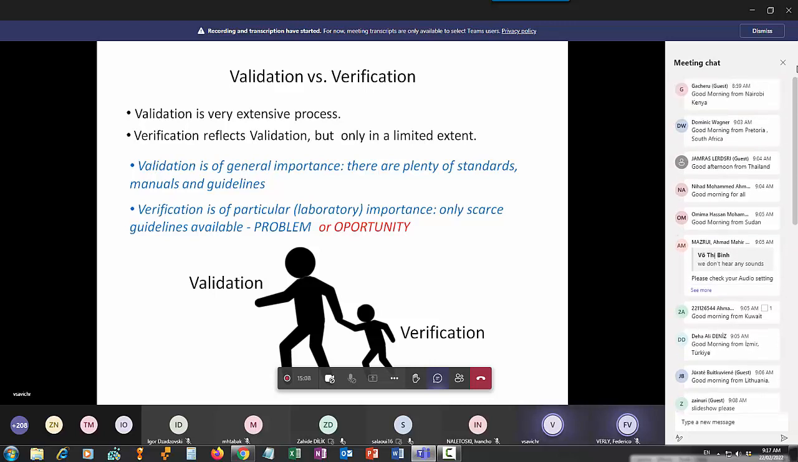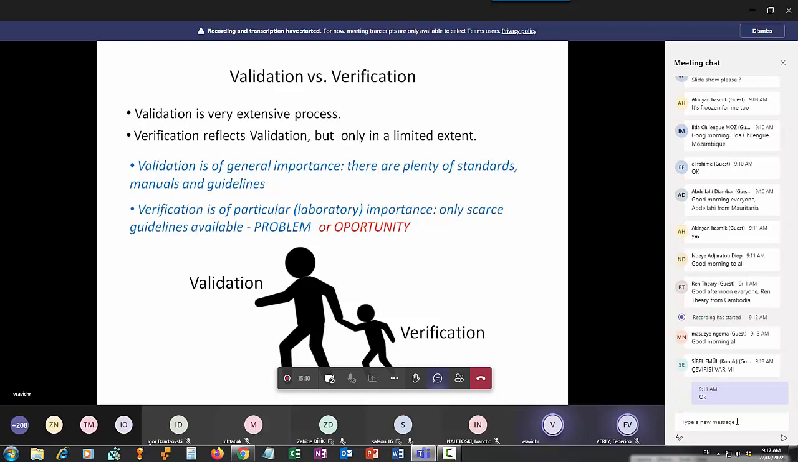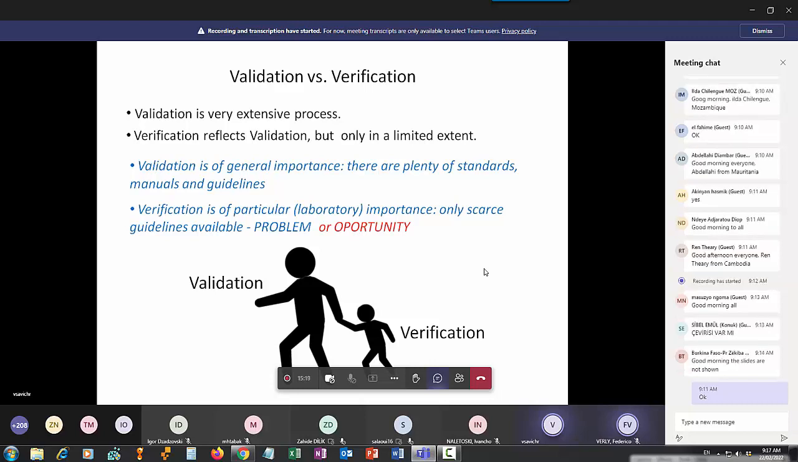It is important for your laboratory because verification is valid only in your laboratory, your verification. Because of that, there are only a few guidelines available. And that's the reason why IAEA and Ivancho came to the conclusion that we need to give training on verification, how to do that. And a lot of people find this lack